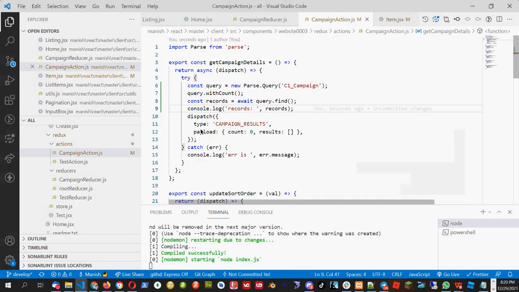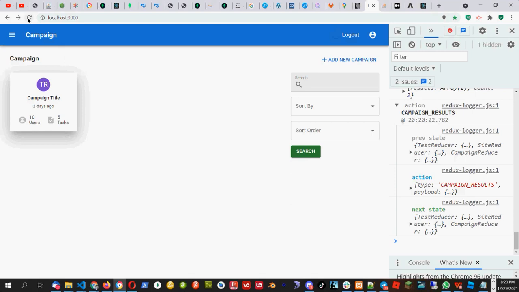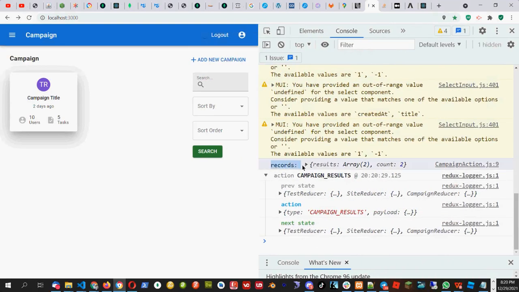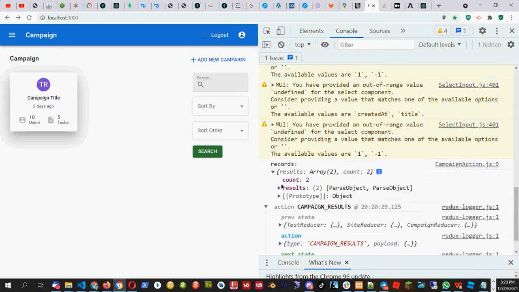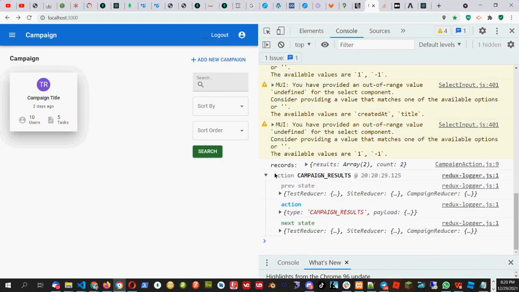So let's take this and then we will go further. Now here I will also comment on the solution which Sonu Singh and Rakesh gave me today before the class. I want to comment to them because that is important. They should know what mistake they have made. Now this is the records. It's saying results and count. Count is 2 and results is giving me both the results. Both the records are coming here, which we have to display on the page.